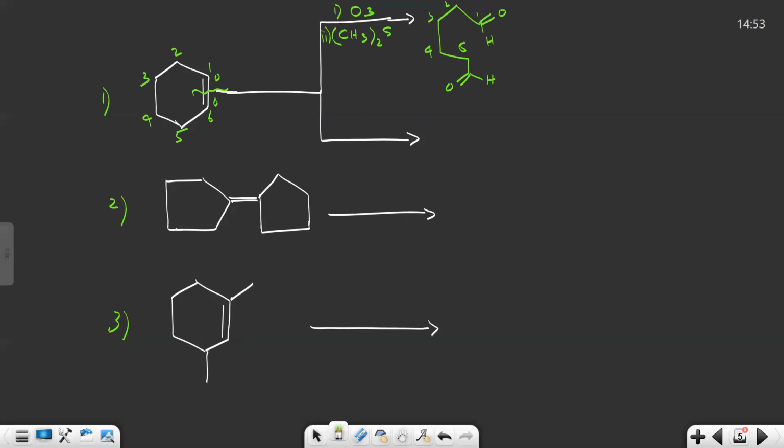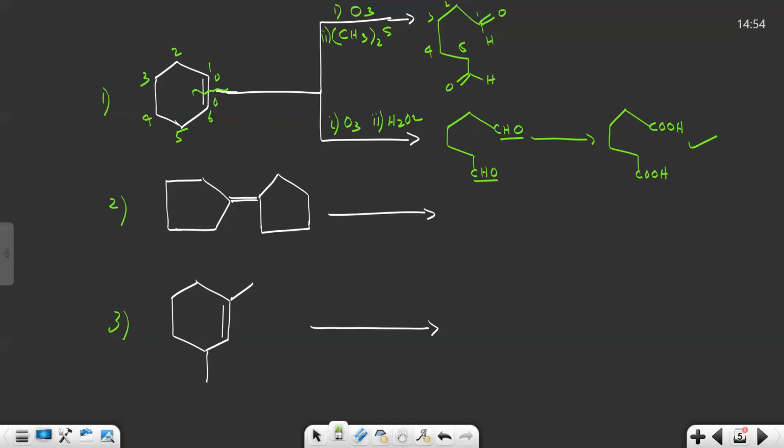Now, if the same reaction is carried out in the presence of ozone and H2O2, what will be the products formed? In the first step, you will get the same product, CHO. To make it easy, I can write it like this: CHO will be formed, but due to the presence of this H2O2, further oxidation takes place, and both these CHO groups will get converted into acid groups, and the product formed will be COOH, and here too COOH you will get. This will be the product.